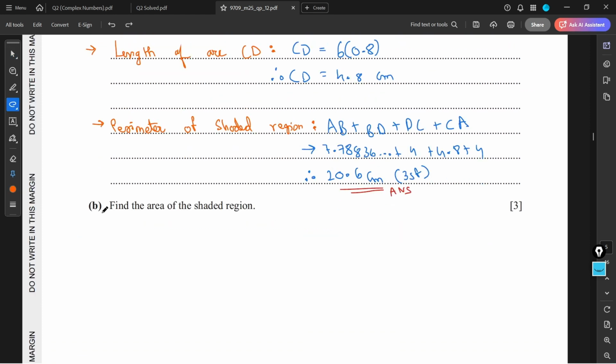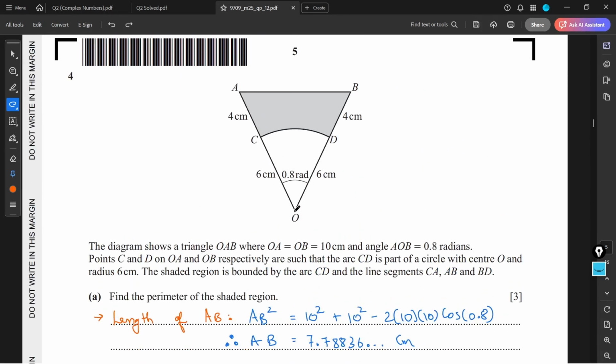And then for the second part, we simply need to find the area of the shaded region. I can do this by first calculating the area of this triangle, and from that area I'll just remove the area of the sector so that I'm just left with the area of the shaded region. So how can I find out the area of the triangle? Because I know there are two adjacent sides to the given angle 0.8, I can use this formula half ab